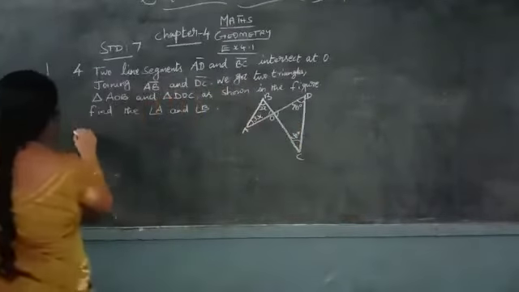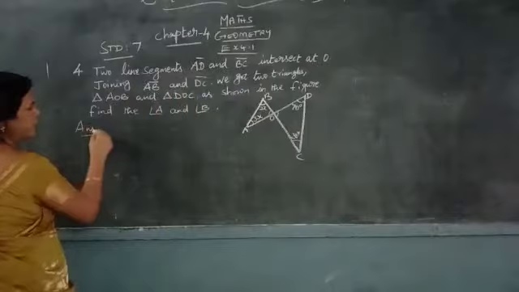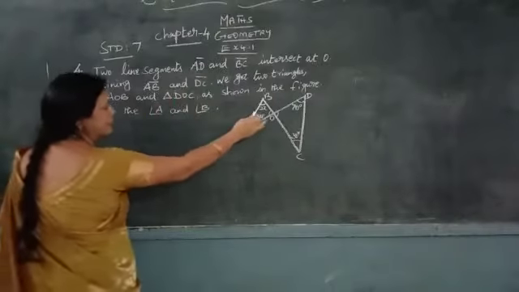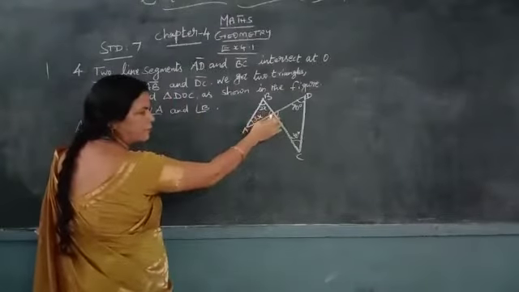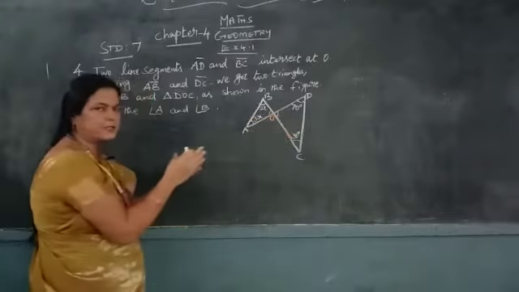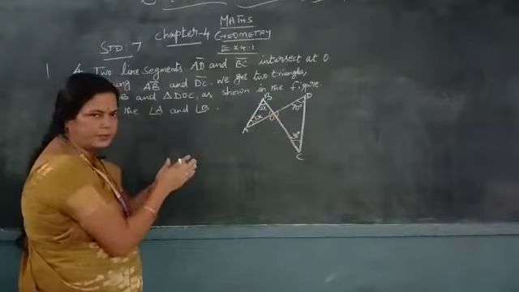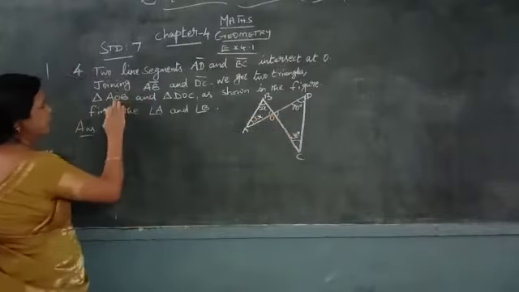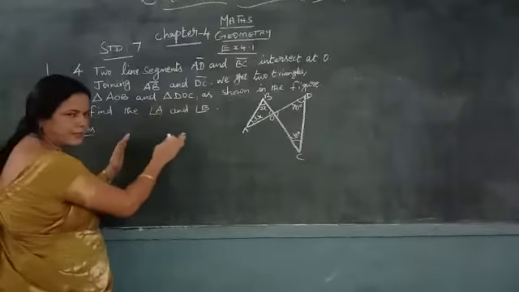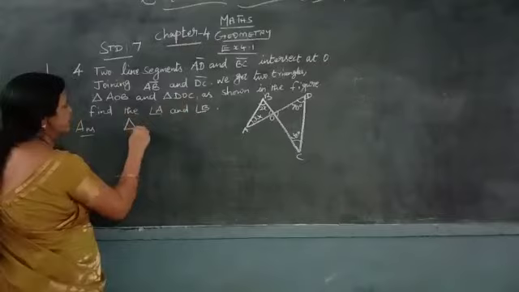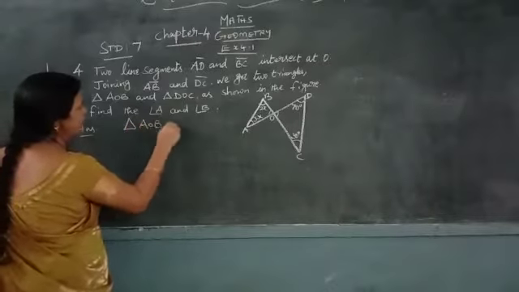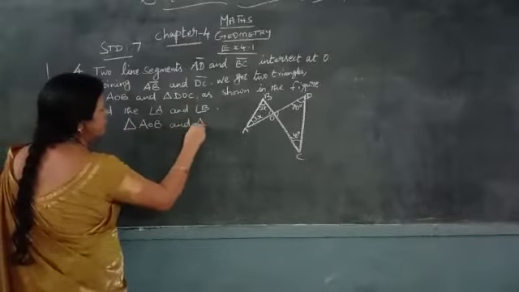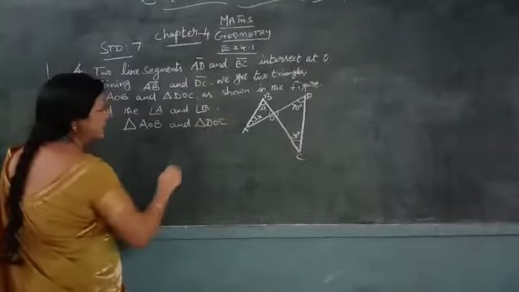Okay, now see here, we are going to do it now. First, what is given here? These two angles are opposite; vertically opposite angles are always equal. We know that, isn't it? Using that, we are going to do the sum now. First, name the triangles given here. Triangle AOB and triangle DOC are given, isn't it?